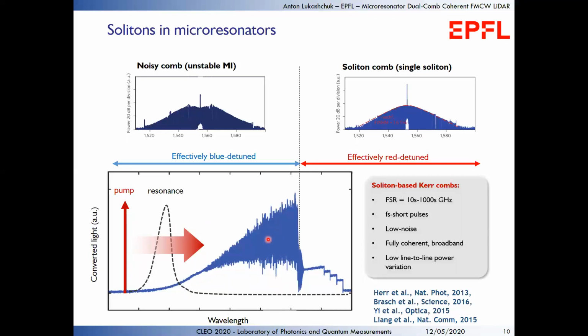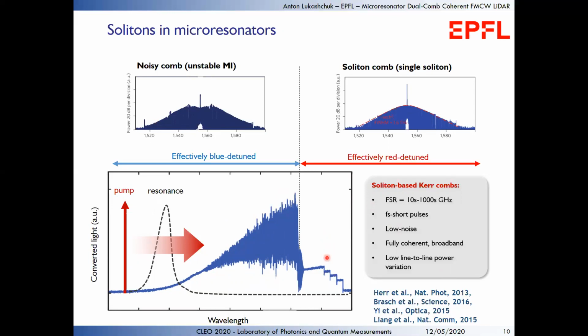So if you filter out the pump and you look at the power that you have in other frequencies and other sidebands, once you tune into the resonance, you start to observe four-wave mixing, and you generate a so-called noisy comb. This is the spectral picture of the noisy comb, and the time domain corresponds to the chaotic waveform. But it was found in 2013 by Tobias Kippenberg that once you're effectively red detuned